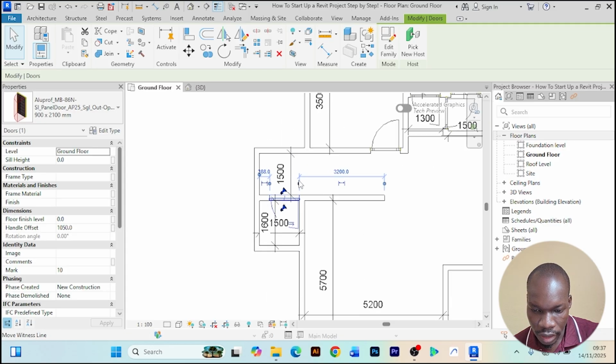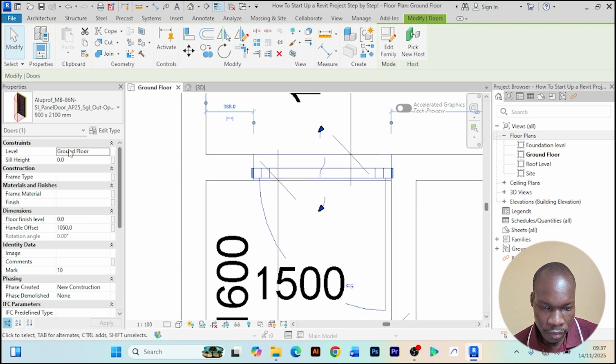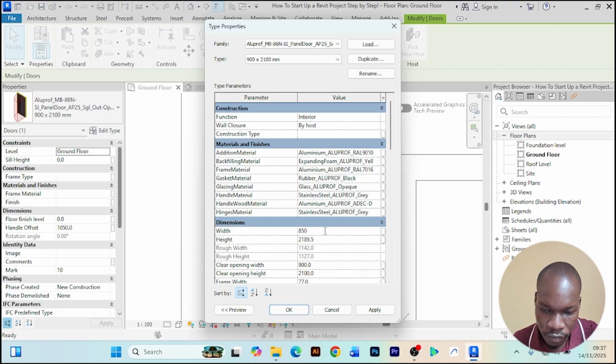But for these other interior doors, I'll select this. I'll come to edit doors. Because the rooms are small, I will have to reduce the width, especially for the washroom. So the width is going to be, let's just say 850. And of course, the height is going to be,